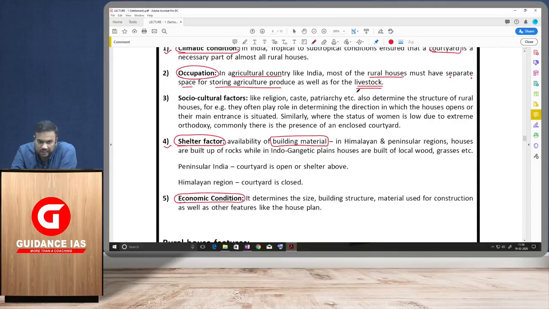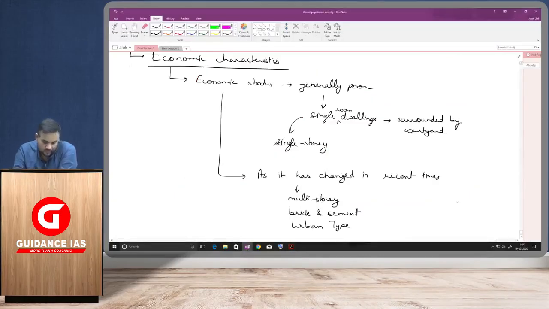There would be special space which would be kept for livestock, for example. Okay, cow sheds or goat sheds, all this type of things would be present, and mostly it would be the outer courtyard. A part of the outer courtyard would be reserved for such a situation. There are several other factors like the socio-cultural factors. So socio-cultural factors की बात करें,